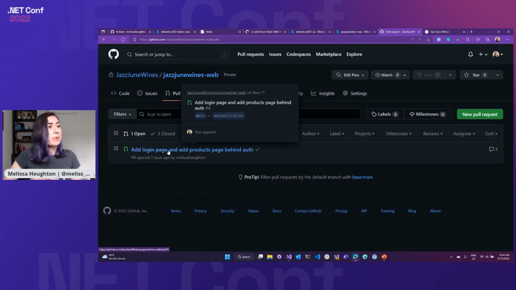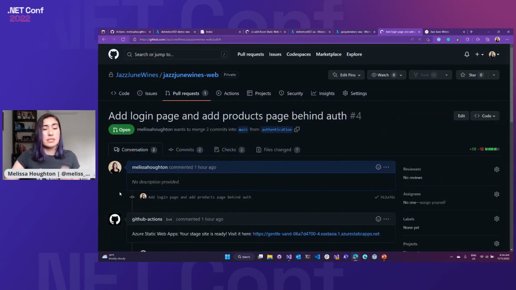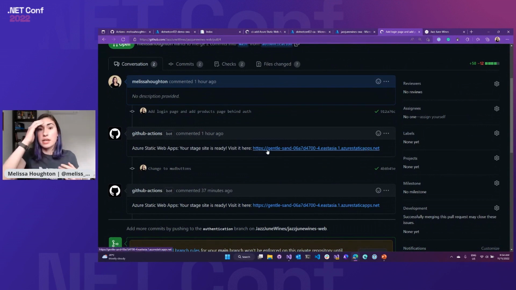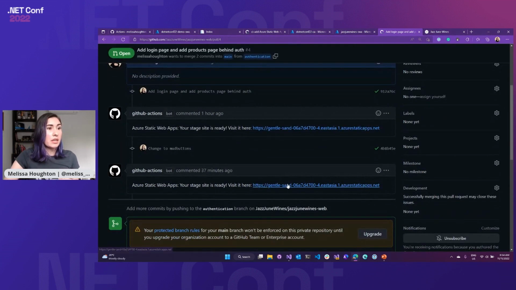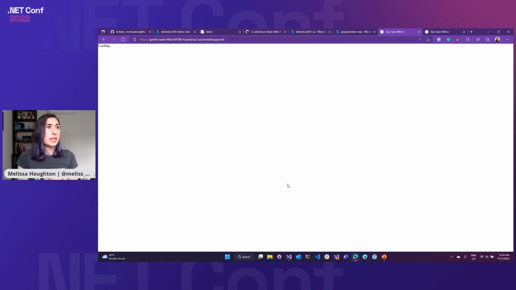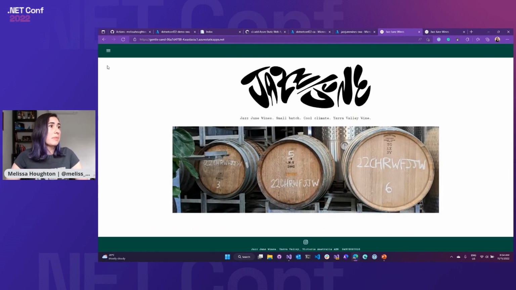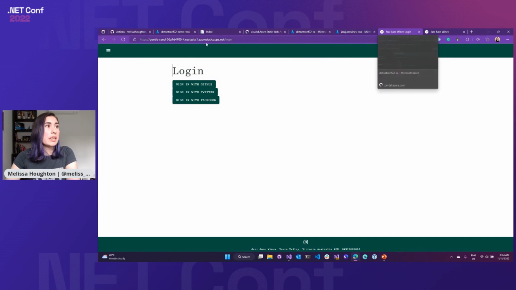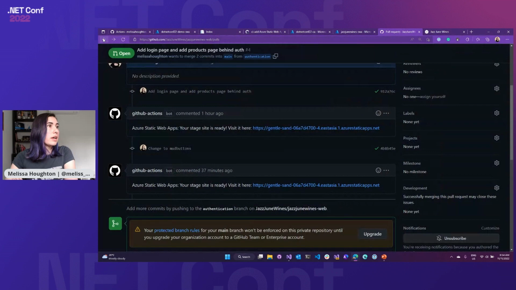If I go to my pull request, what it's done is, automatically, as part of my pull request, the GitHub action has run, and it has created a staging environment for me and my teammates to go and preview the changes that I've already set up in there. So if I go to the preview site, what I've done is I've added a new login page. I'll just go back to the pull request so we can see the changes.